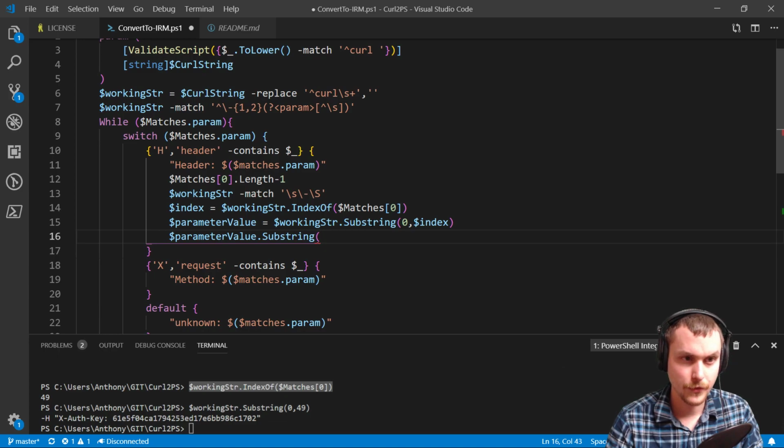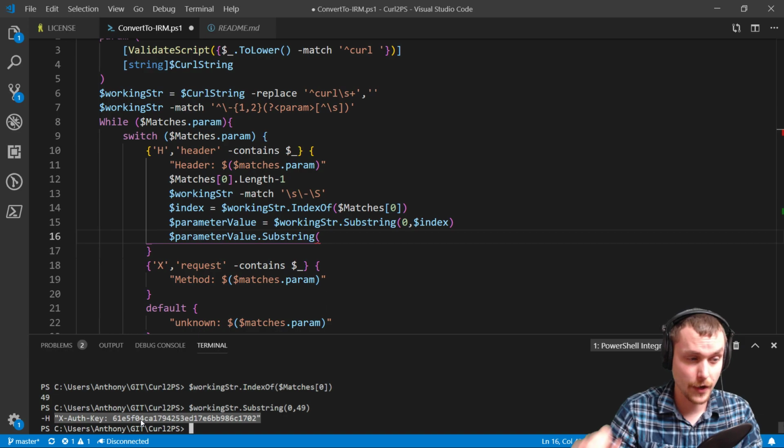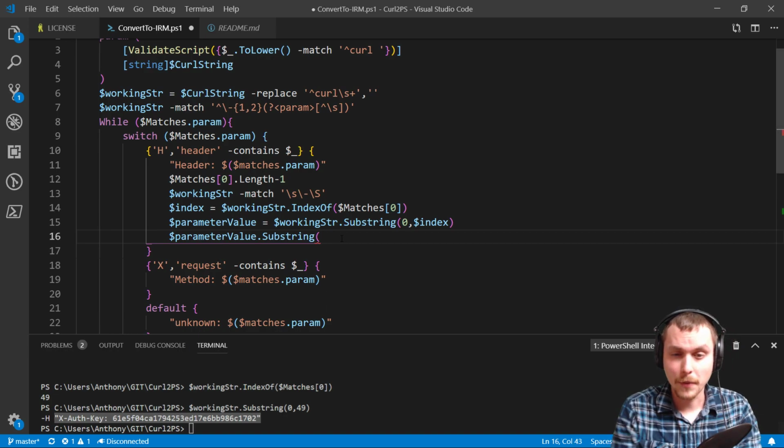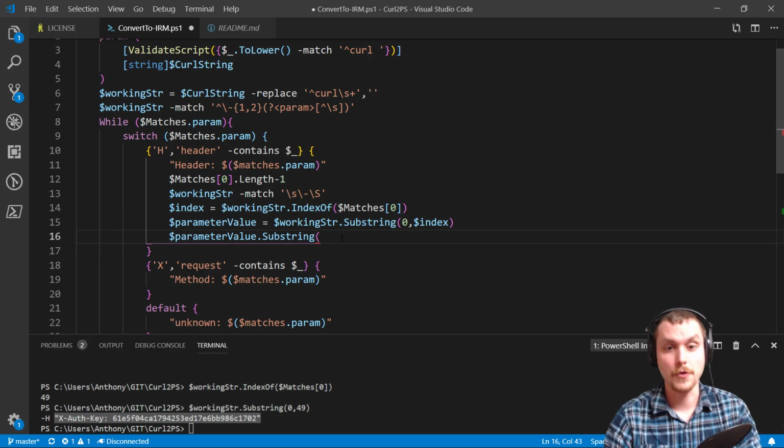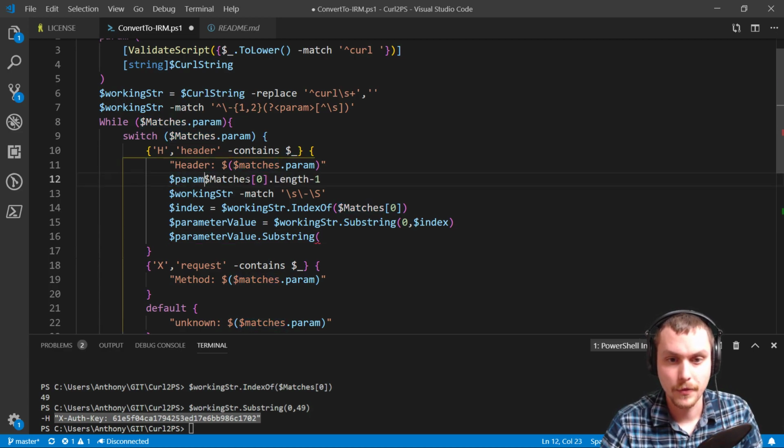Out of this string down here below, which is what I'm looking at for parameter value, I want to return just whatever's after the parameter name, so just the value. So parameter value dot substring. I don't have access to the matches 0 dot length, so let's say parameter length equals,